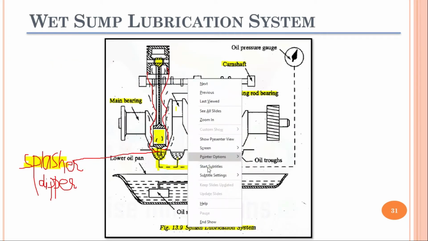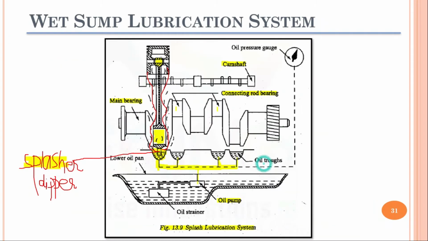Now here, in such a portion, for example like here, a hole would be drilled from where the oil will go into these journal bearings of a connecting rod, where it will provide the lubrication to these journal bearings, as it was shown in the video I shared with you earlier.